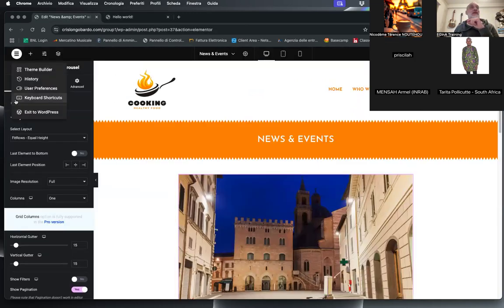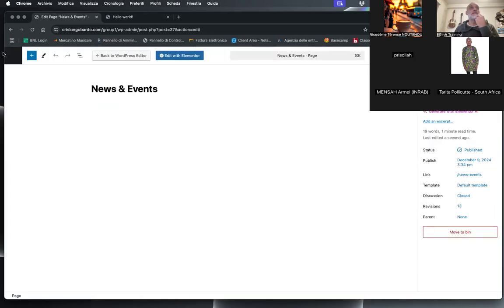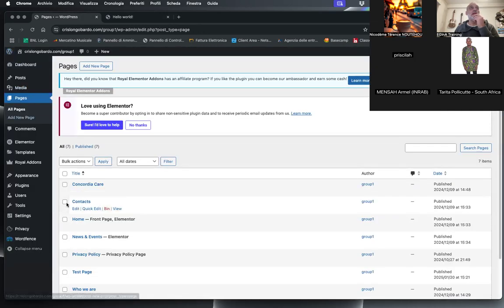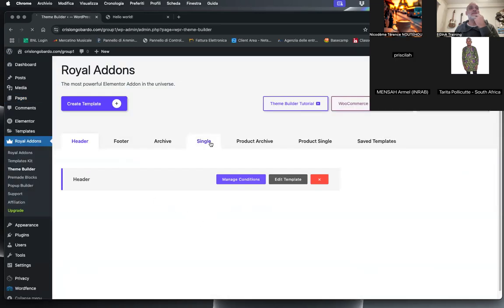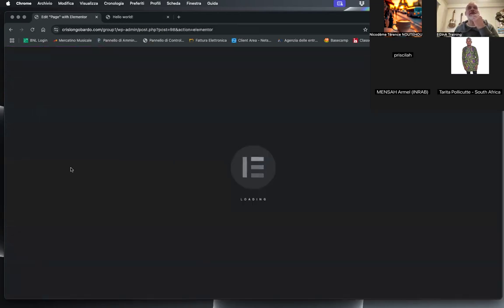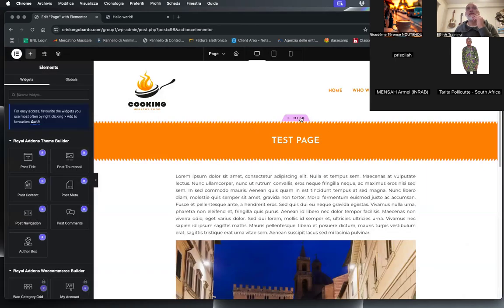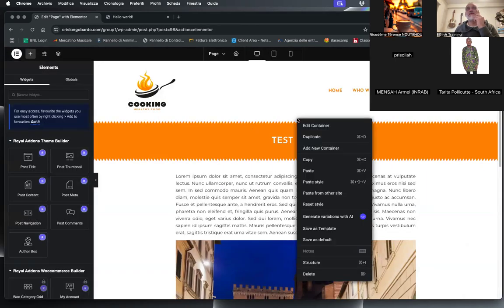Sorry. What we have to do is back here, go on Dream Builder, choose single, another template instead of the page, that we call, for example, single, but I want to replicate the same header here. So I want to maybe copy,